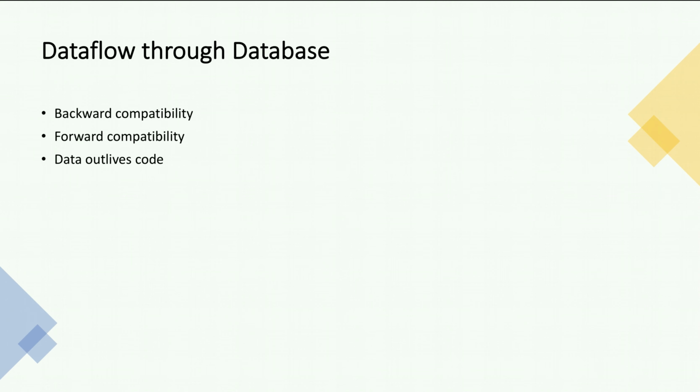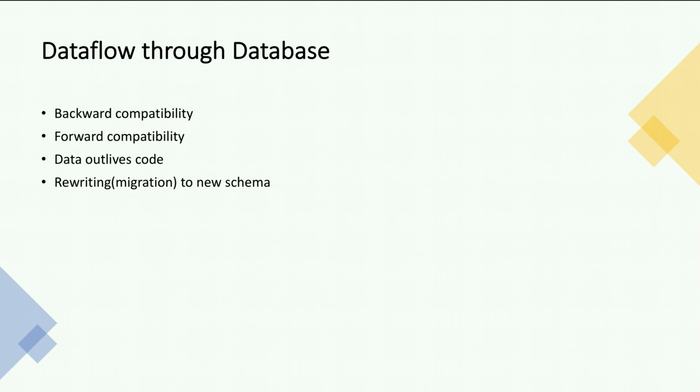So when you deploy a new version of your application, you may entirely replace the old version with the new version within a few minutes or within a few seconds. But this is not true for database contents. The 5-year-old data or the 10-year-old data which is still there will be there in the original encoding format unless you write it with the new encoding format. So this observation is sometimes summed up as data outlives code.